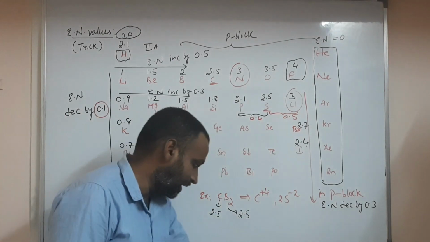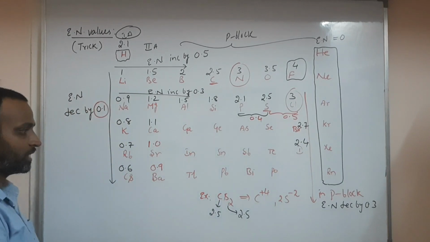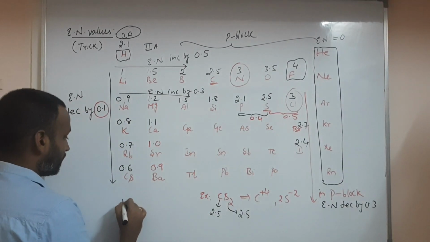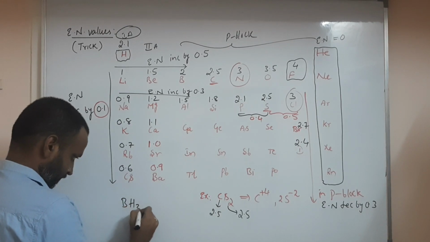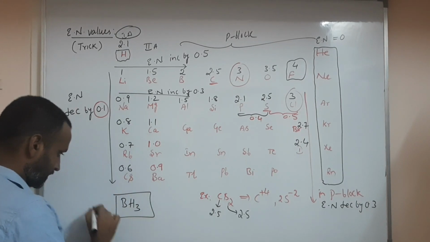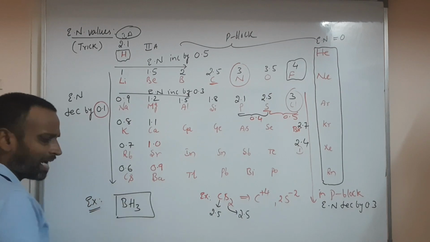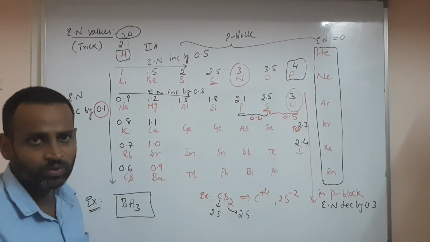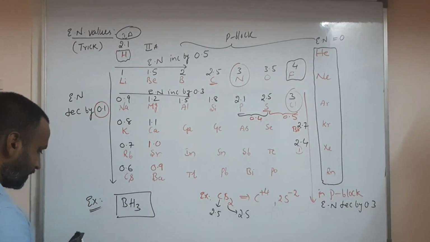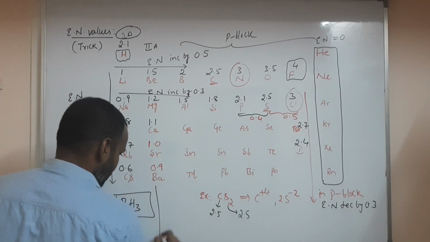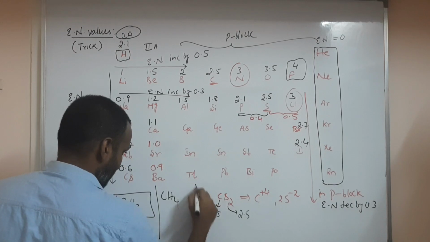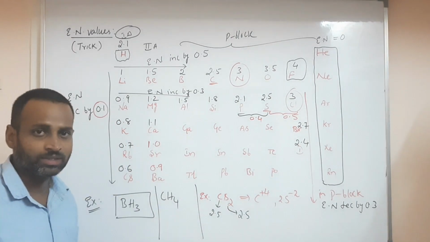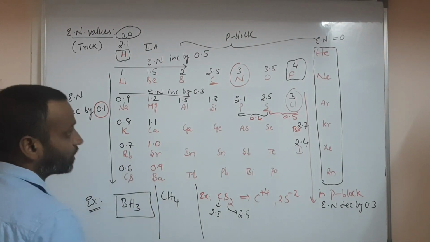Okay, these are about electronegativity values. Please take a screenshot and write down. Okay, is everyone understanding? Why is it useful? Suppose PH3, for example. Who has a negative charge and who has a positive charge, you can say by using these electronegativity values. Similarly, suppose you have CH4, who is having positive charge and who is having negative charge, you can say. That much important are these electronegativity values.